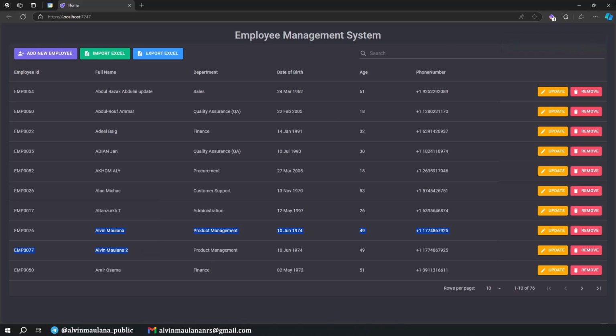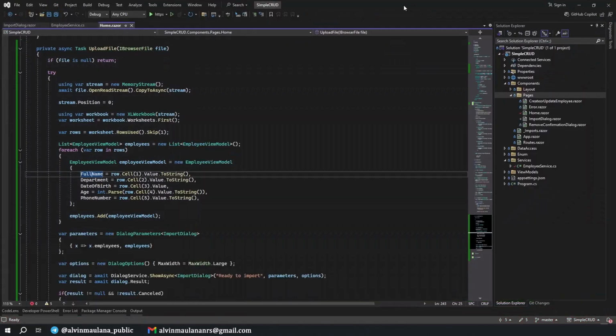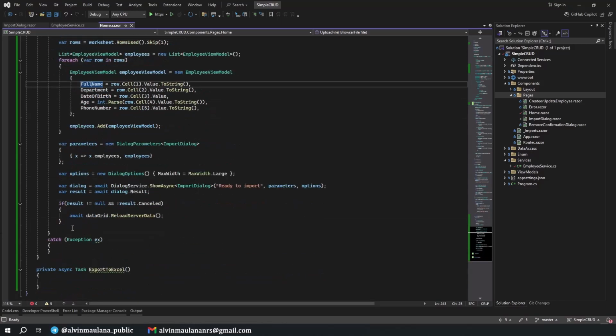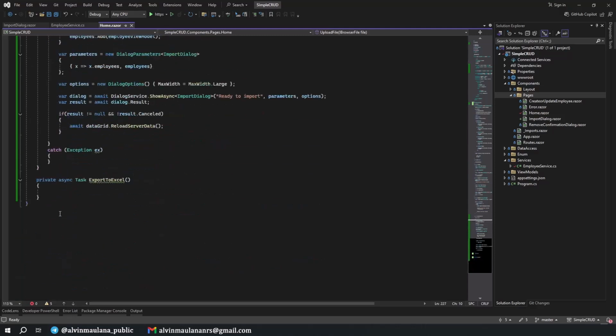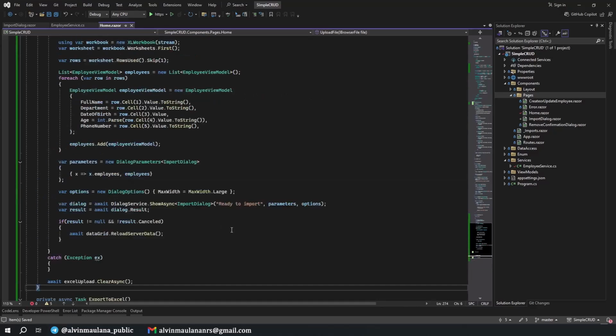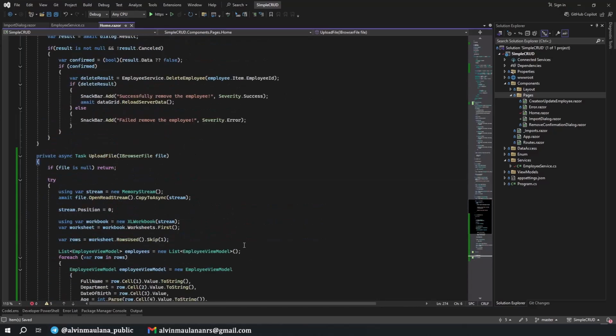But this one, let me close it. This should be, we do something in here. Okay, after all this one is complete, let's wait for the Excel upload, and then we will clear whatever data we upload. So by this we can upload multiple times with no issue. And now it should be fine for uploading the file.